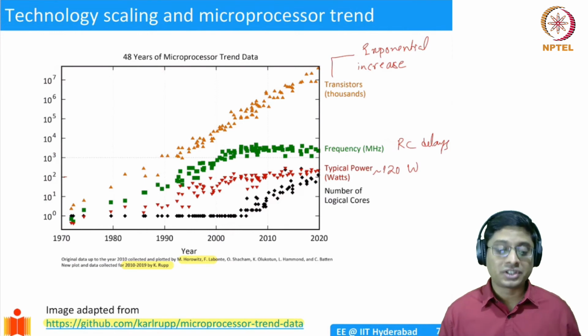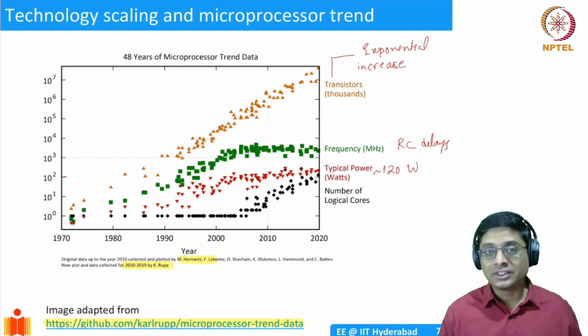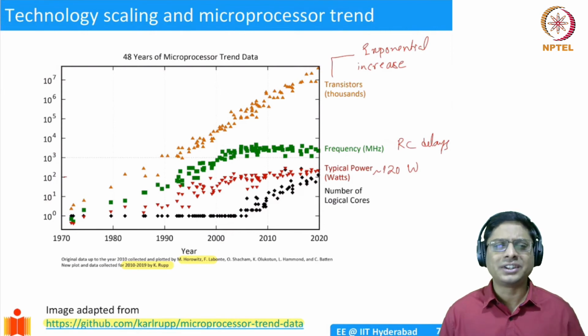Perhaps the greatest technological achievement in the last 100 years. The reason is, I know many of our Indian kids are very interested in software, right? You can do a lot of software only when you have hardware. If you don't have the hardware, you can't really do anything. So this is the technology that has really given you this sort of a hardware to run whatever programs we want, and whatever we talk of artificial intelligence and everything, right?